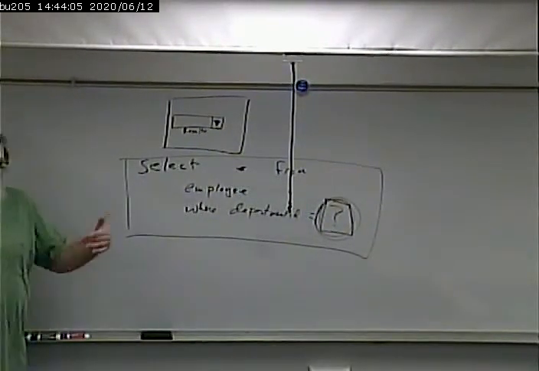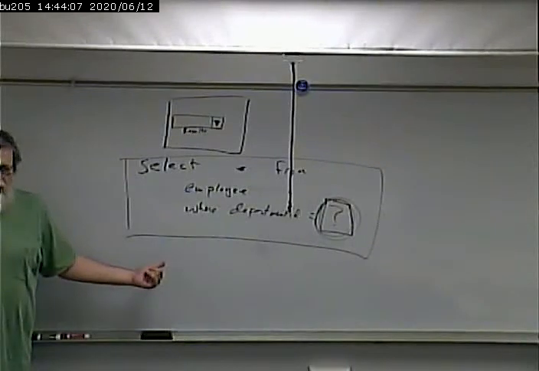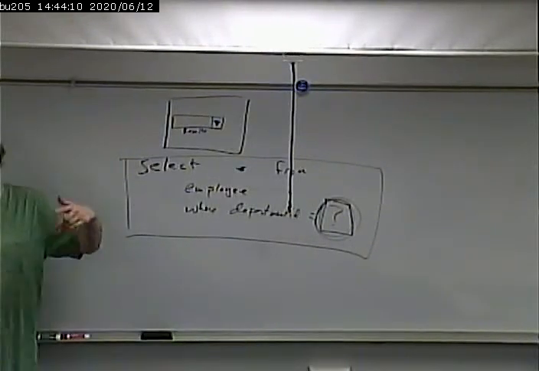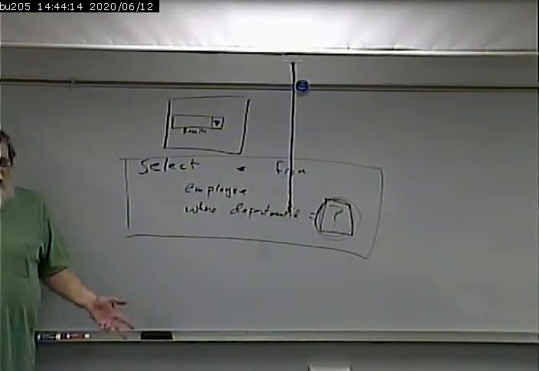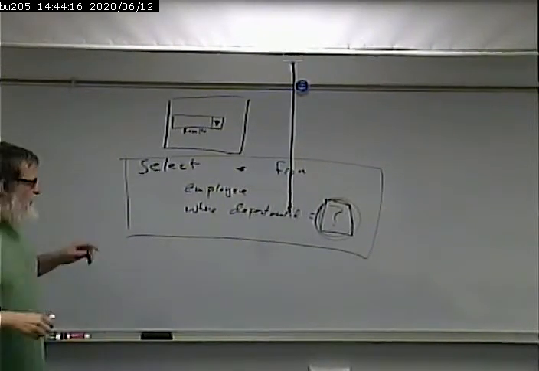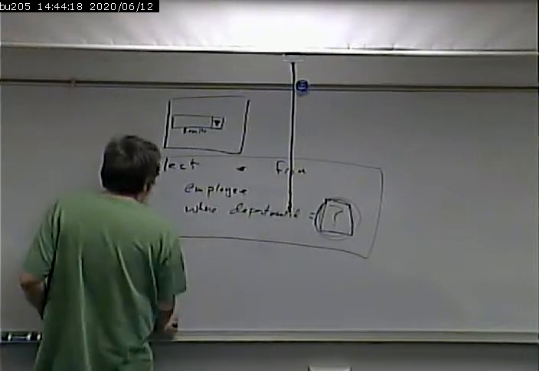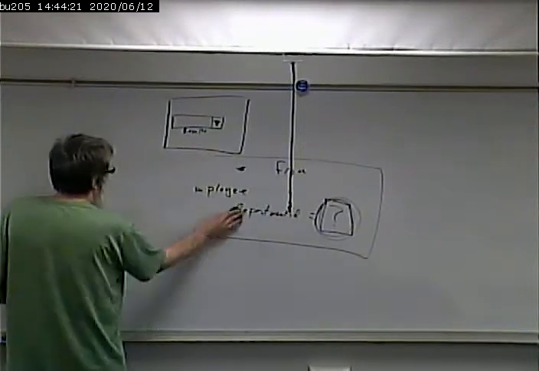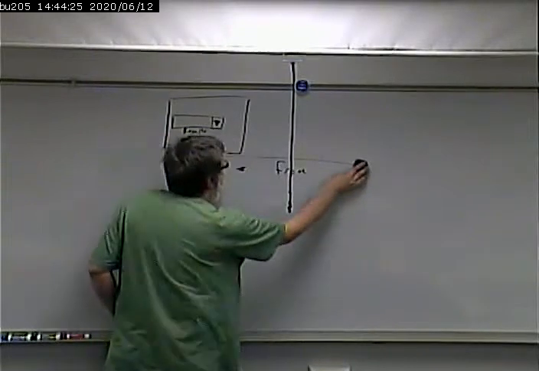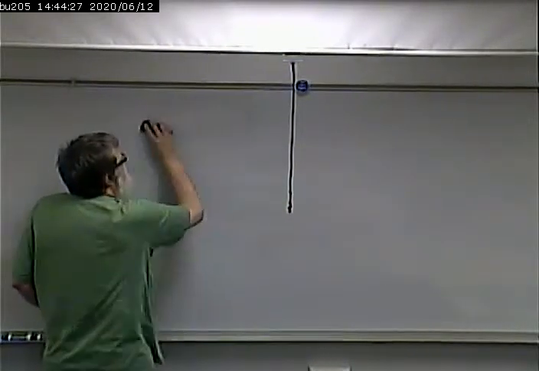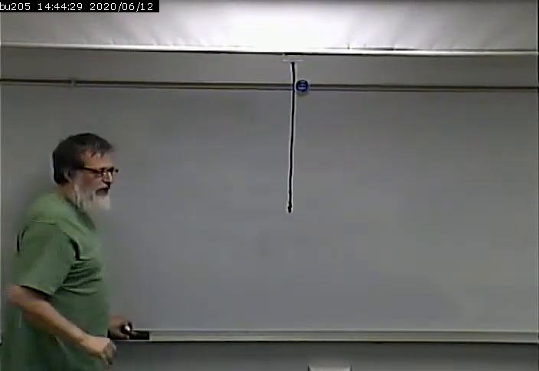So, the query needs to know the department ID. The user doesn't know the department ID, only uses the department name. What a perfect situation for a drop-down. Because, as we all remember from our HTML class, a drop-down allows us, for every option, to have two things. Have a value that the user sees, and then have a value that's used behind the scenes in any sort